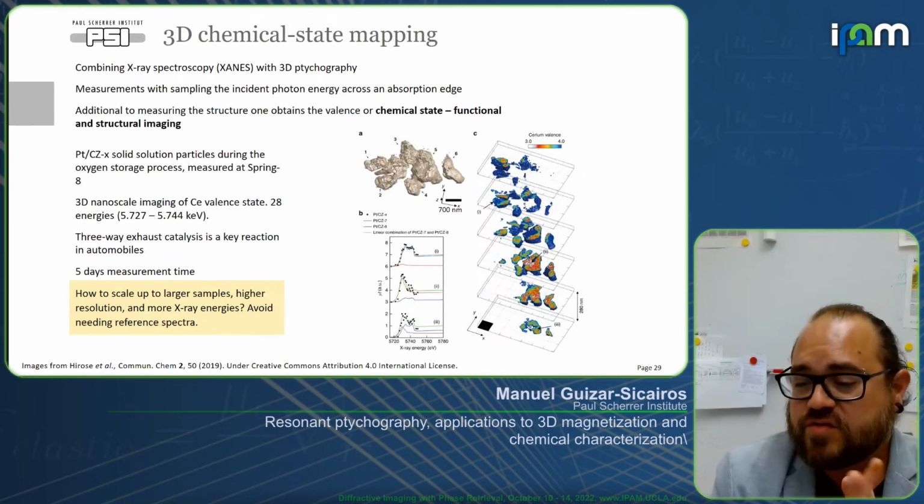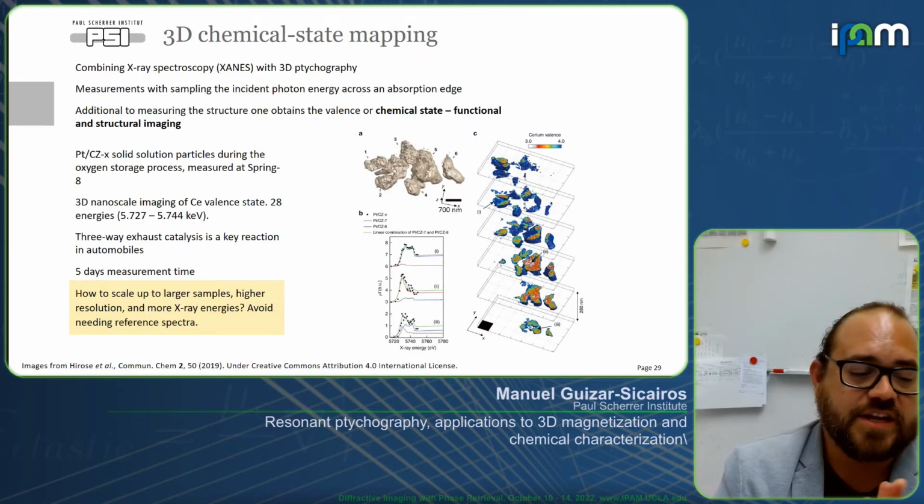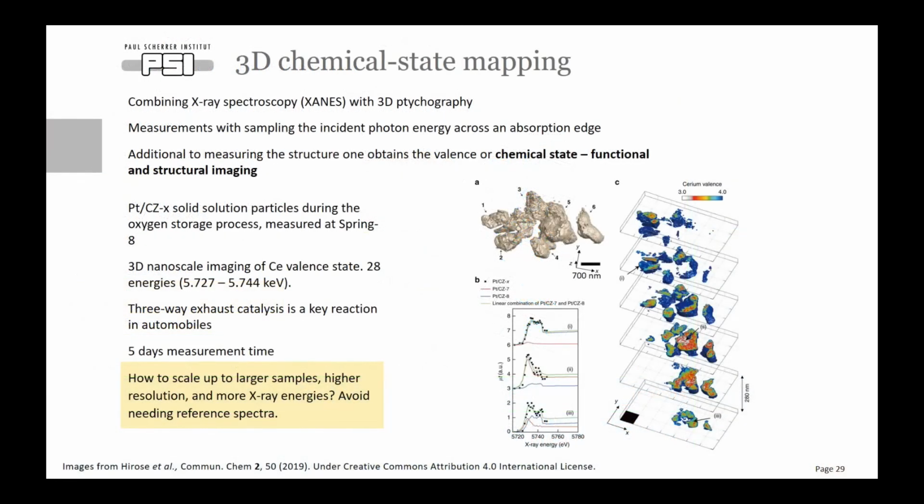The first demonstration of this combination was by our colleagues in Japan at SPring-8. And I can imagine this was quite a heroic experiment. It took 5 days of measurement, and they took 28 different ptychographic tomograms. So the amount of data that is needed to do that reconstruction is quite large. However, with this number of energies, and these are the black dots here in these plots, it is not possible to do a priori